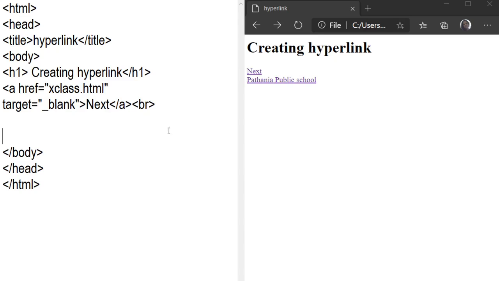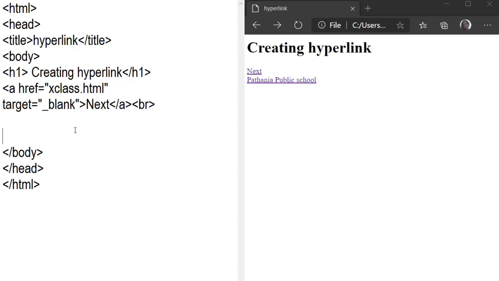You can see both pages are not displayed, not visible at one time. So if you want to open the linked document in a separate window, you can make use of the target attribute. Target is equal to, and this value is fixed, always underscore blank.